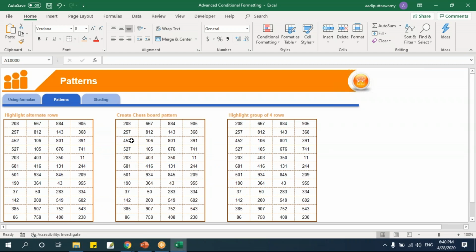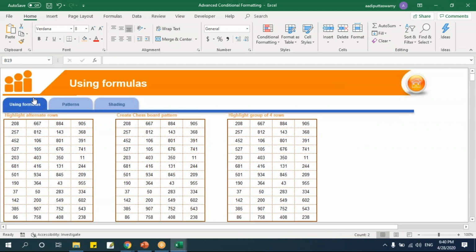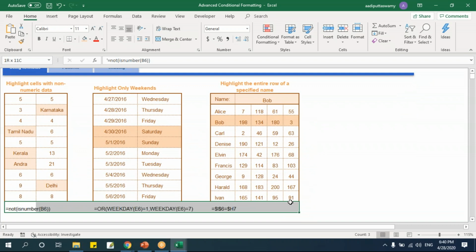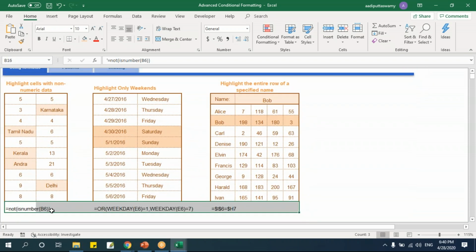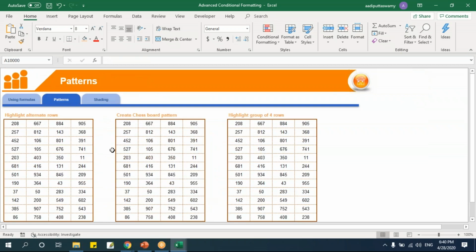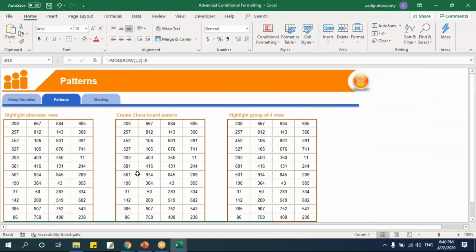Let's go here. I want to highlight all the alternative rows. I got one requirement saying that all the alternative rows have to be selected. So here, to make it easy, I've given all the formulas here only, so that now you can check this and work on this. I know this is a little confusing before, so once you do this it will become easy. So for that reason all the formulas have been given below. Okay, fine. If you go here, I want to highlight all the alternative rows.